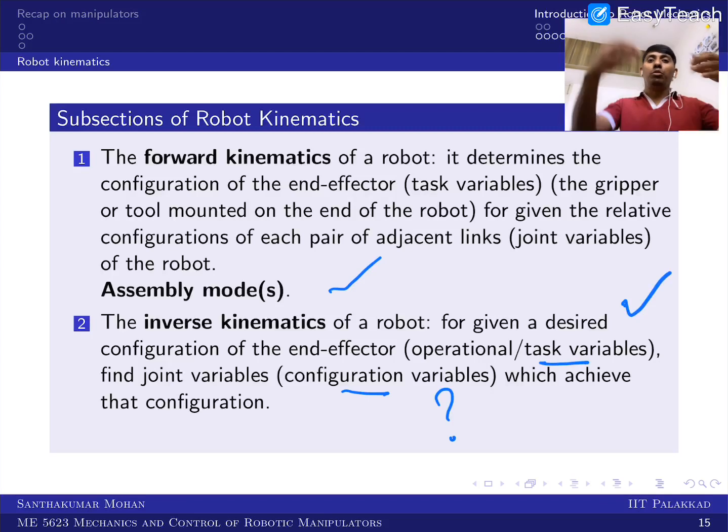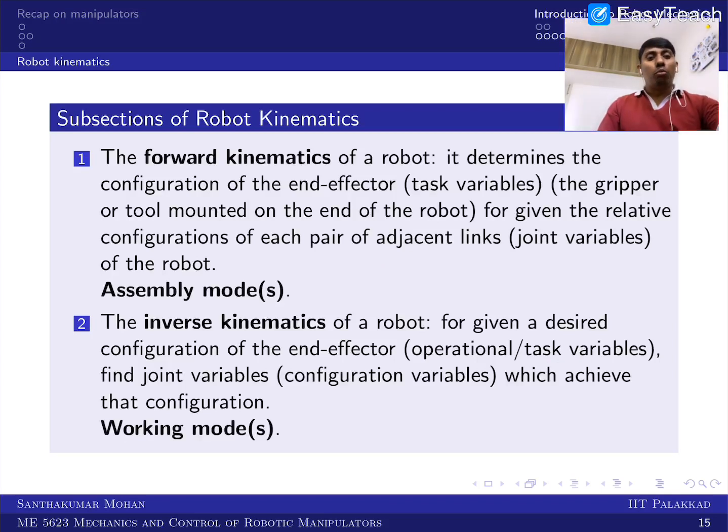This is what we call the working mode. You have the work range, you can say the endpoint, and your fixed point is known, and you are making some workable way. So that's what is called the working mode. And usually a serial manipulator will have multiple solutions. So that's what I put as working modes.